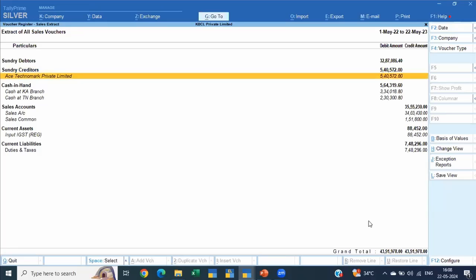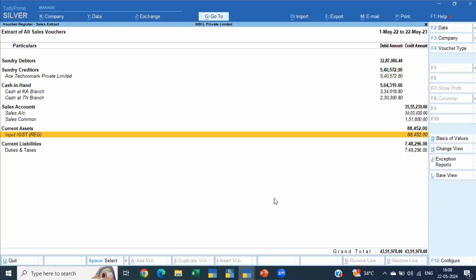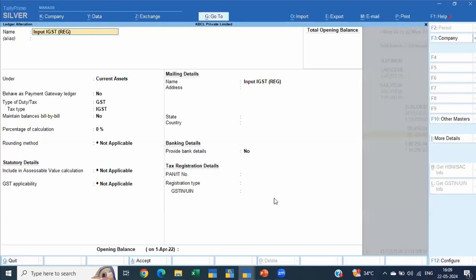So instead of taking one complete, if you just notice, there's a creditor standing in the debtor sales voucher. So you can definitely ask, why is there a creditor? How have you sold to your creditor? It might be a genuine transaction, but it will give you possibilities to check it. Similarly, how is there an IGST ledger and why is it grouped in current assets? All those questions can be raised.